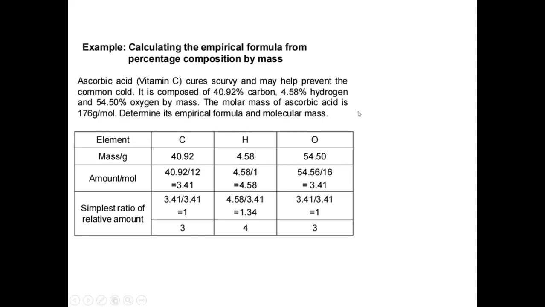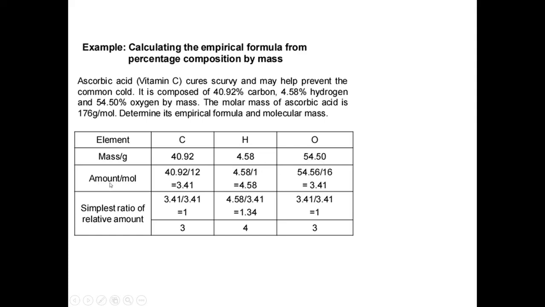And here is to calculate the empirical formula from percentage composition by mass. Okay, here is ascorbic acid, another name for which is vitamin C. It is composed of carbon, hydrogen, and oxygen. And the molar mass of ascorbic acid is 176 gram per mole. Okay, this is the molar mass. Here is 40.92 for carbon, 4.58 for hydrogen. So you take this value, and here is oxygen, you take this value,